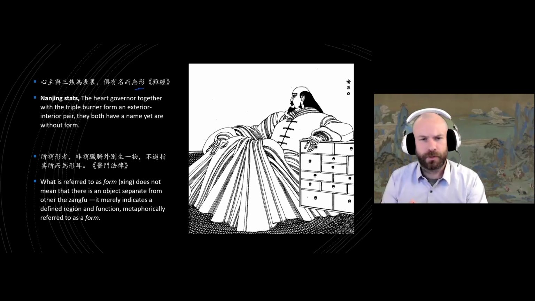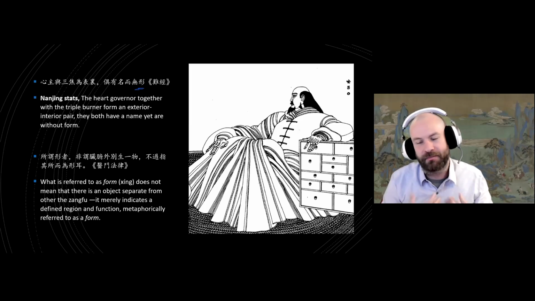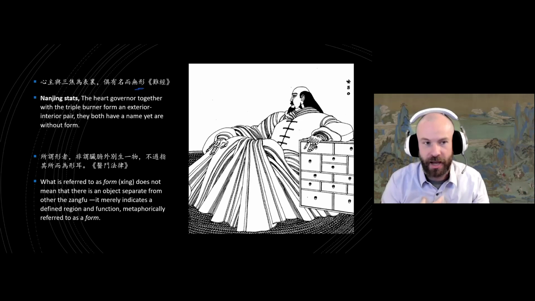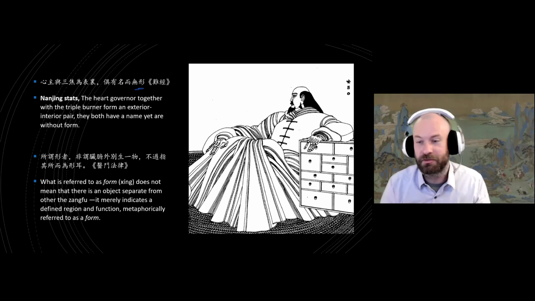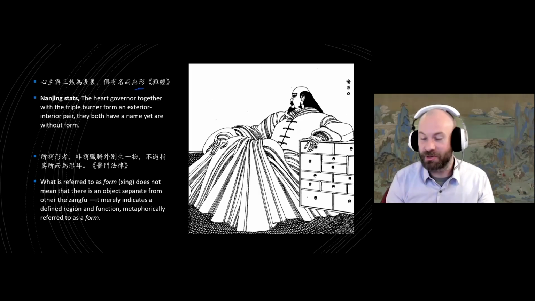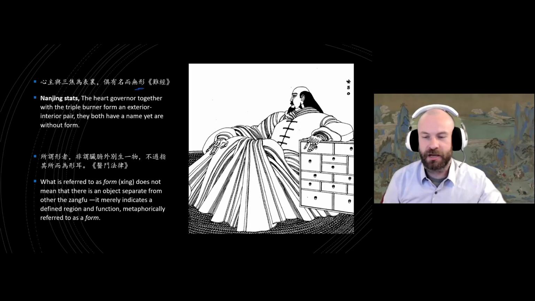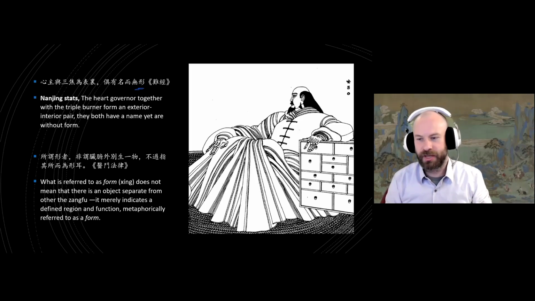So what this is basically saying is that it's not that they don't exist. It's just that you can't cut someone's heart governor out. I mean, or the pericardium, depending on how you want to say it, it's kind of part of the heart. You can't cut someone's Sanjiao out like you can cut someone's liver out. Not that you should do these things, but I'm just saying hypothetically, right? Or someone's stomach or their spleen or their intestines. You can take them out. They have a physical, tangible form. But your Sanjiao and pericardium, they're harder to have a form.